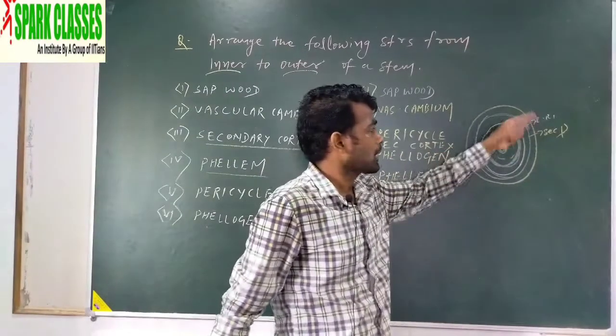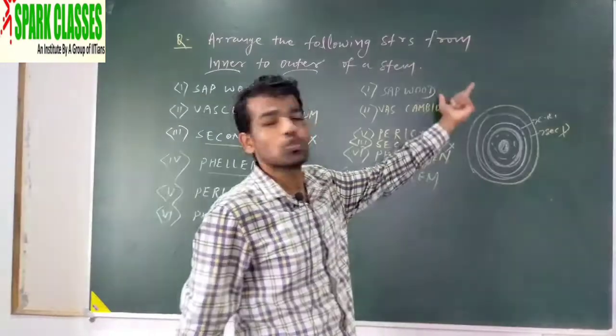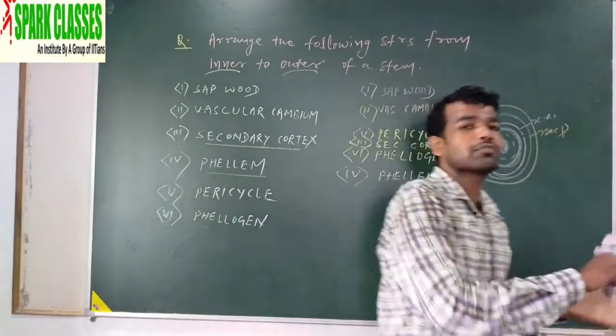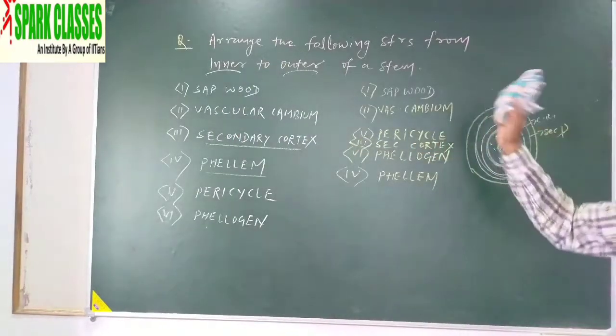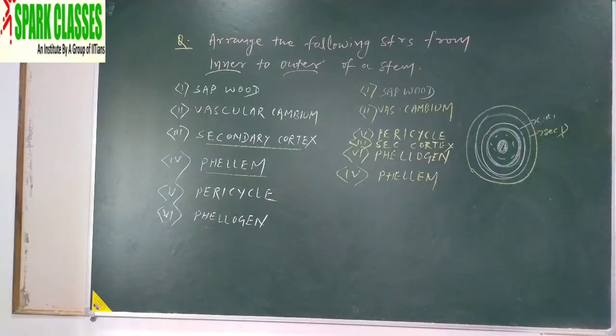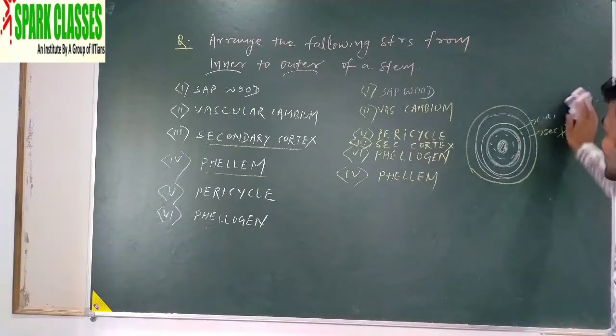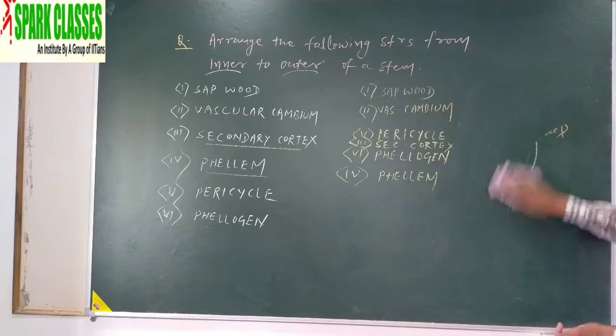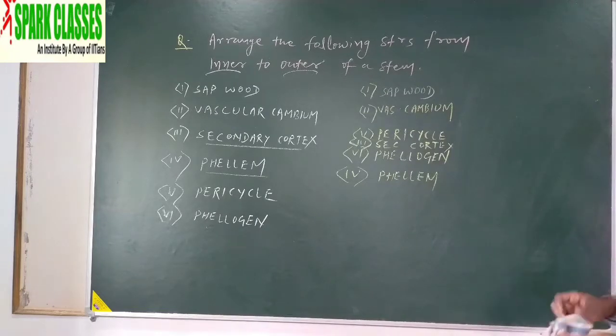Cambial rings outer, cambial rings inner. Another is your cork cambium or phellogen, phellogen outer, phellogen inner. So phloem, phellogen, phelloderm, in a sequence you have to remember. And one important thing here I am going to tell you. Three layers we have discussed in the cortical region, in the cortex.